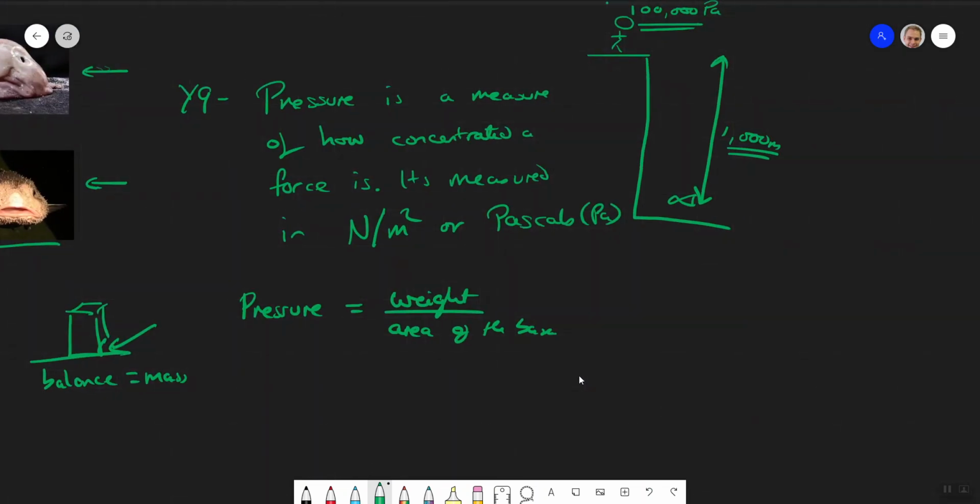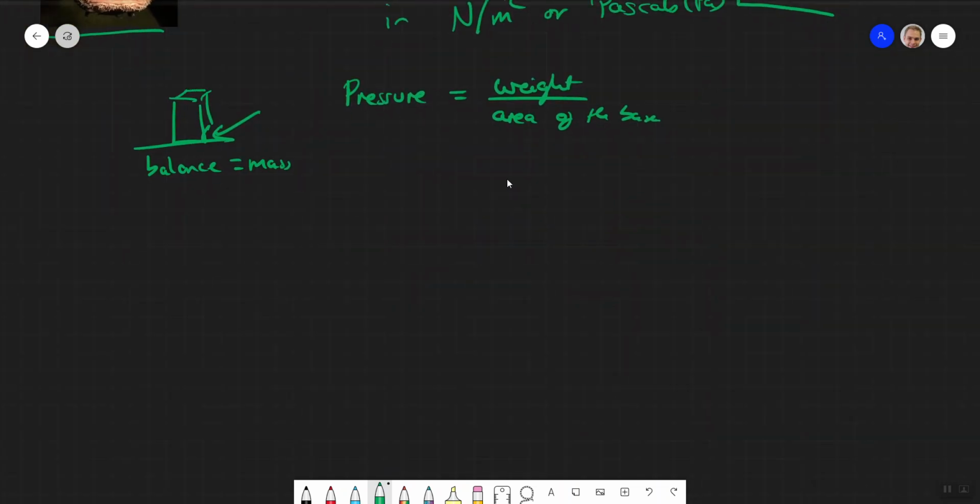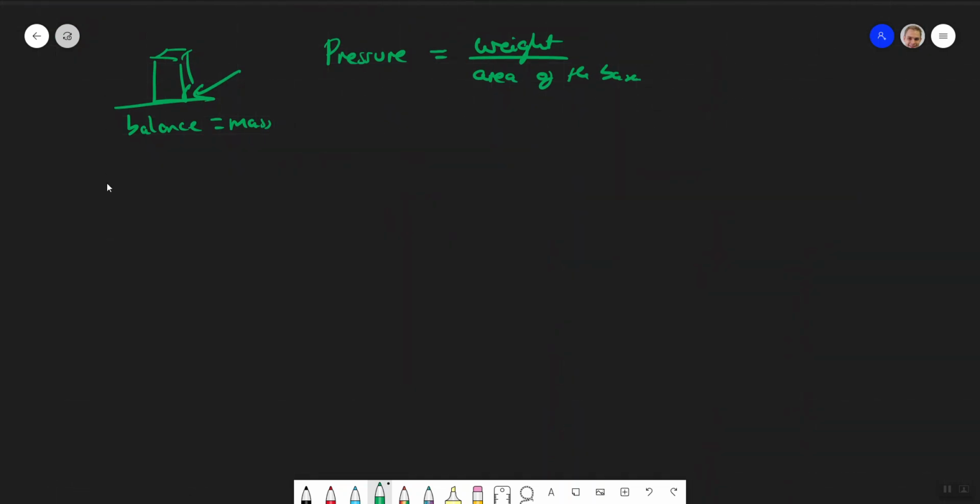Now, what we want to think about is, what's the pressure where the blobfish normally lives? How big is it? You've got to remember, it's already got the 100,000 pascals of the air, because the air is sitting on top of it as well, but it's also got 1,000 meters of water. Now, 1,000 meters, or a kilometer, is a lot less than 50 miles, which is around about 80 kilometers. So you do have a lot of air and then a smallish amount of water. But what does that water generate? Well, let's think about how we can solve that problem.